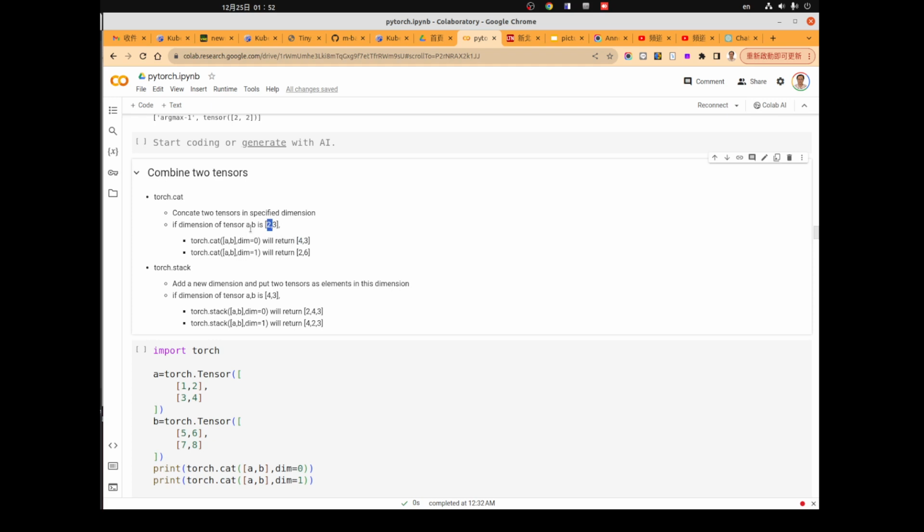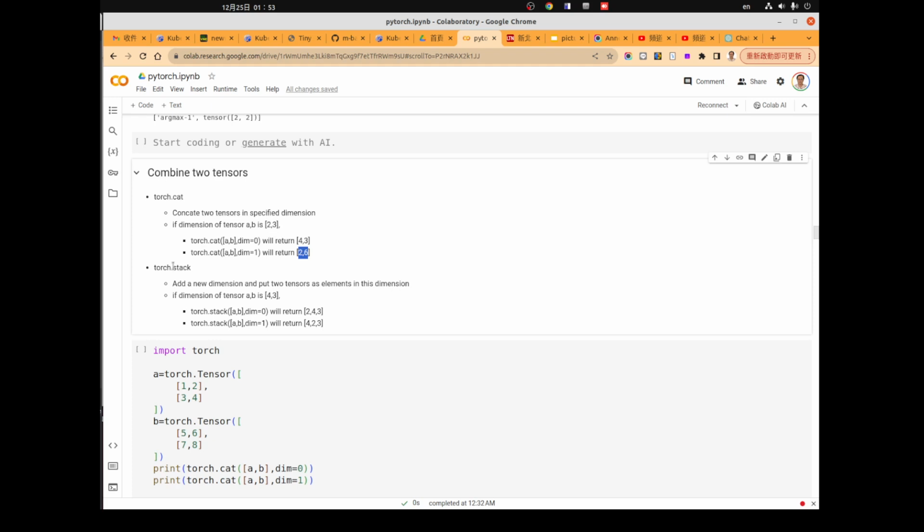But if we concat them in the second dimension, which is dimension equal to 1, the 3 will be concatenated together. So from 3 it will become 6, so it will become 2 by 6 here. Okay, so you can see that when we use concat, the size of a dimension will change.